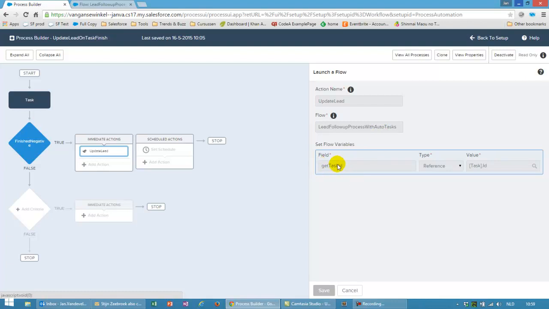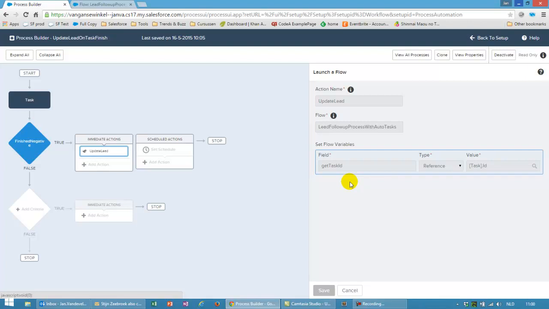So the variable I created in the flow is called getTaskID, and it will reference the task ID from this task that triggered the flow. So we will pass in the ID of the task that triggered it to the variable in the flow getTaskID, and that will let us query the task fields,